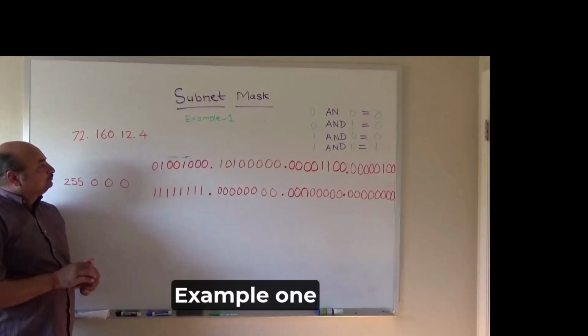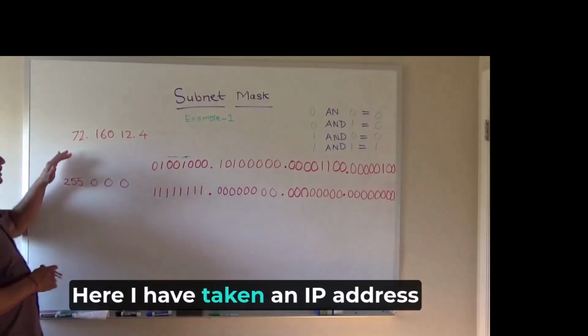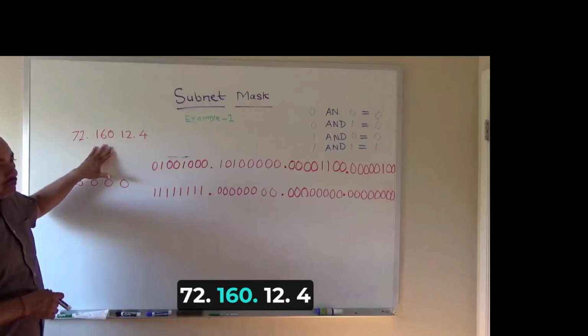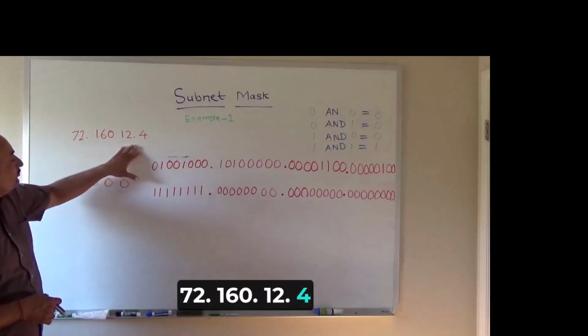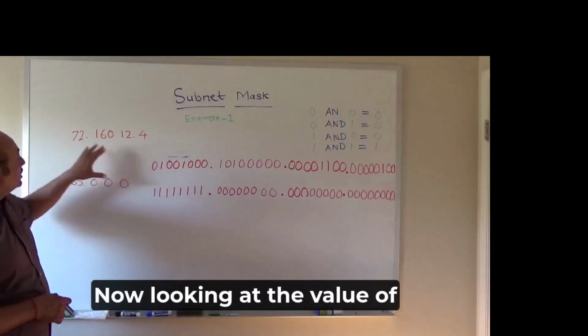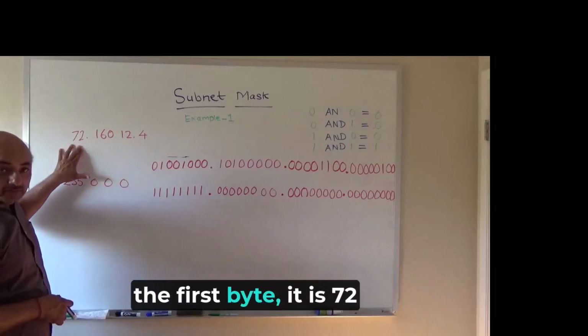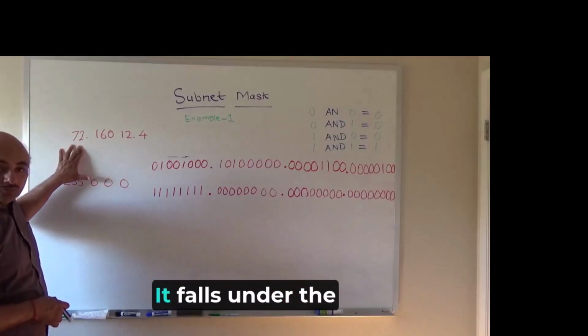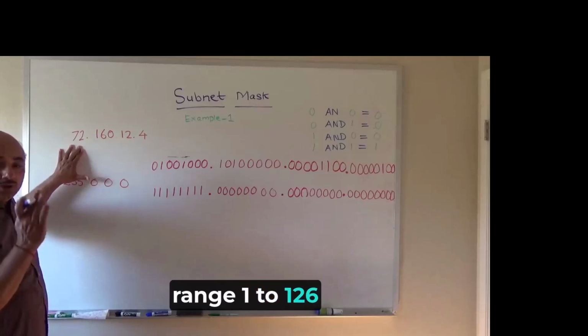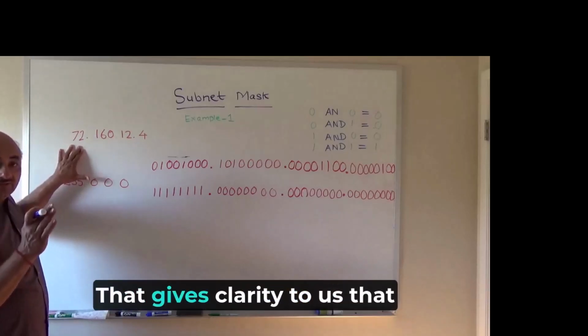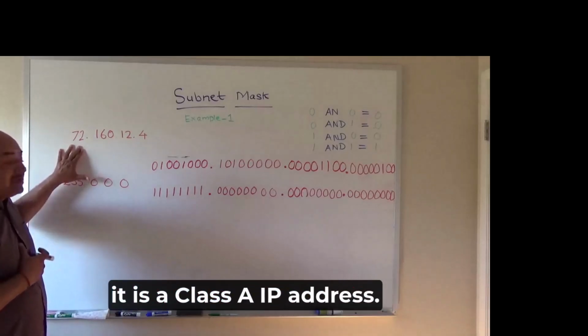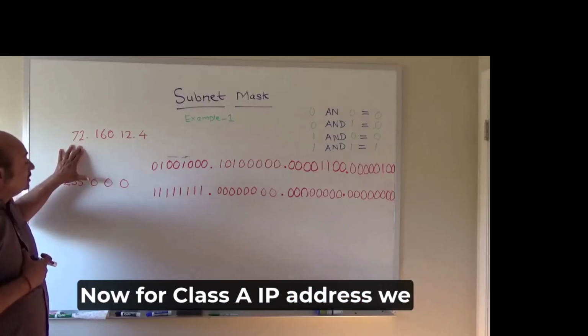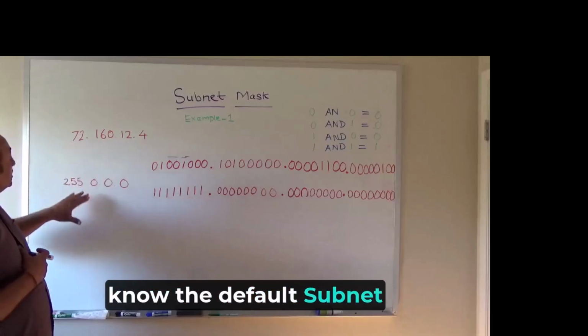Example 1. Here I have taken an IP address 72.160.12.4. Now looking at the value of the first byte, it is 72. It falls under the range 1 to 126. That gives clarity to us that it is a class A IP address. Now for class A IP address, we know the default subnet mask is